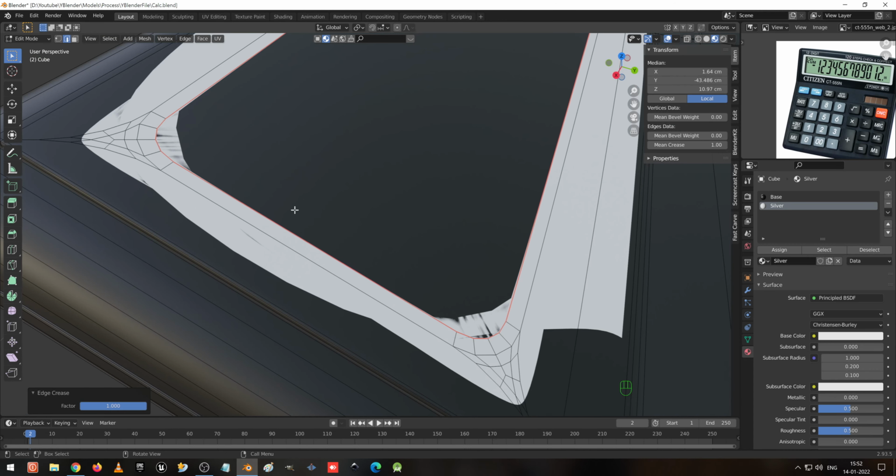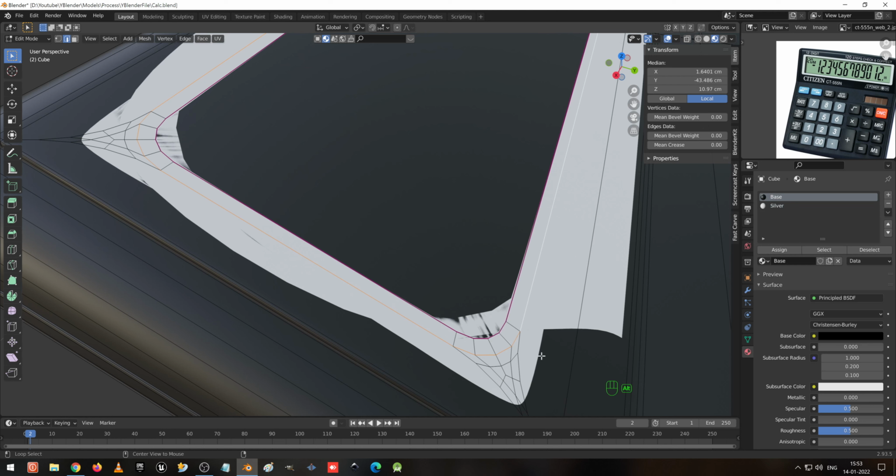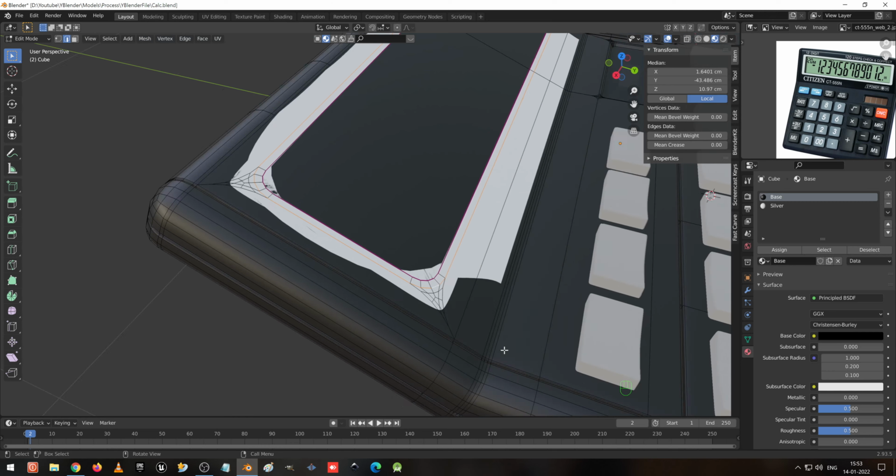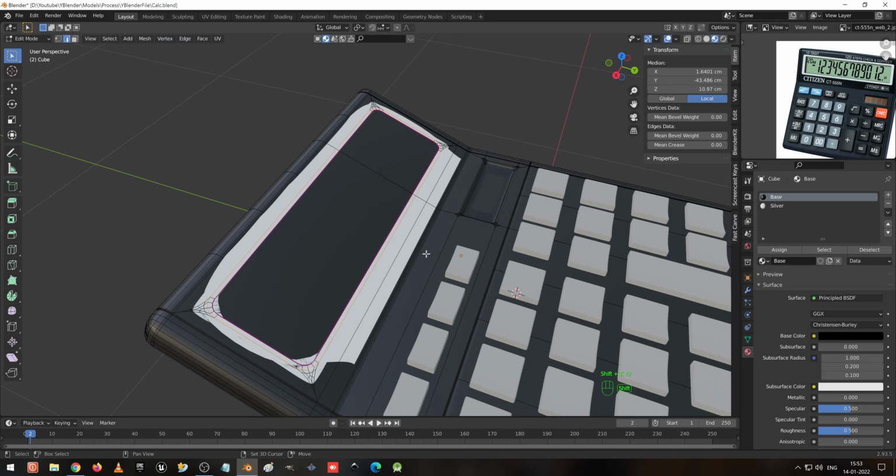So here we have missed something. E 1 and enter.